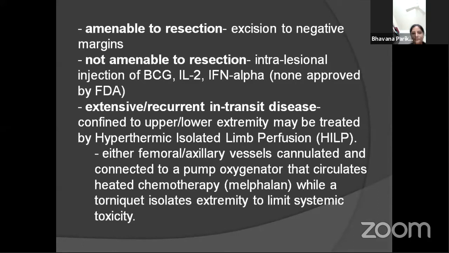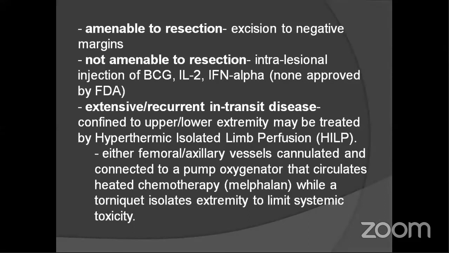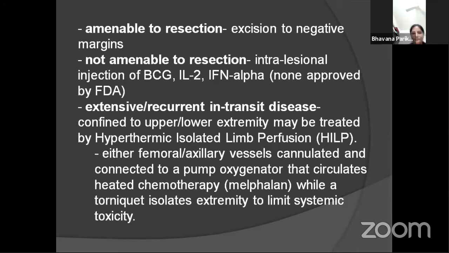That depends upon the thickness of your tumor, and survival is considered as 5-year survival according to Breslow's thickness. If it is an in situ lesion, then 90 to 100% 5-year survival. Stage 1, which is less than 1 millimeter, is 80 to 90% 5-year survival. Stage 2 is 1 to 2 millimeter, 70 to 80%. Stage 3, 2 to 4 millimeter Breslow's thickness, 60 to 70% survival. And stage 4, which is more than 4 millimeter, 5-year survival is up to 50%.